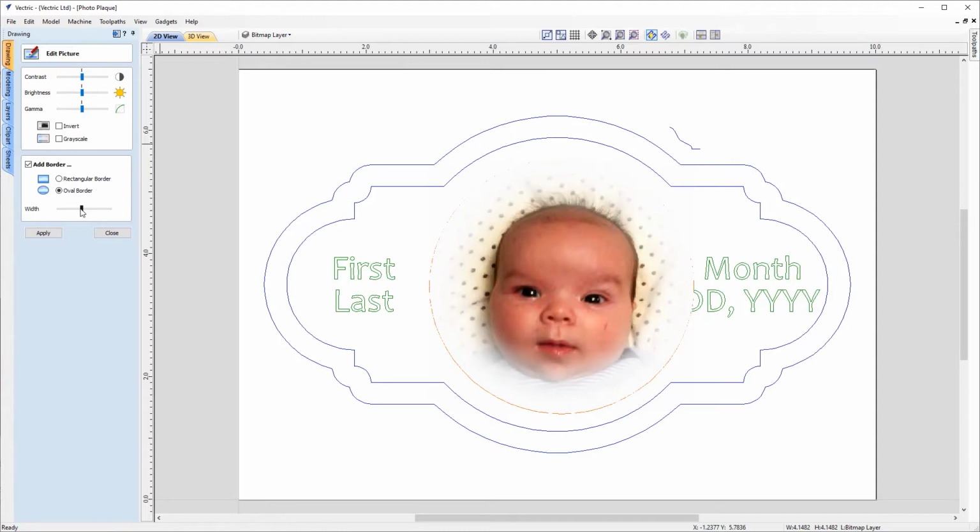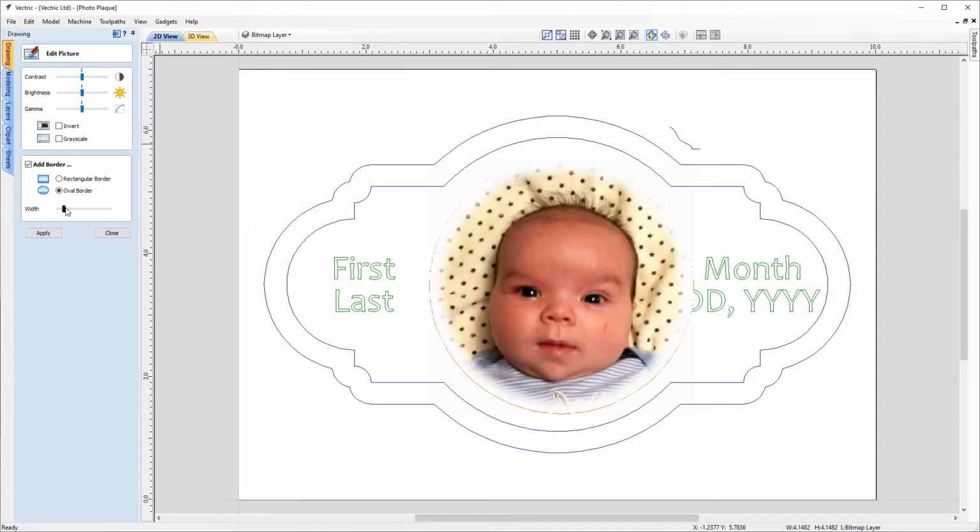So choose how far in it's going to fade out the image around the edges. So I only want a slight fade out here, so move that over slightly, just so that we haven't got too much of a hard border where the laser picture ends. And that's looking pretty good there. So we've kept most of the image in, but it just means that our laser engraving won't have a hard